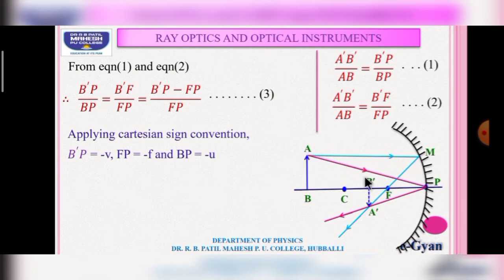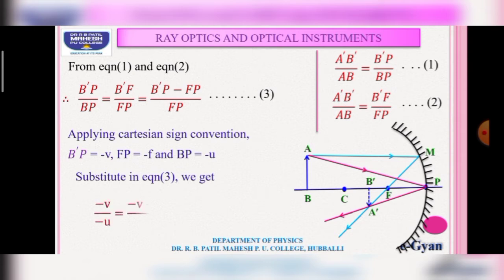Hence, all the measurements are done opposite to the direction of incident light. Hence, all these distances are negative. Therefore, B dash P is equal to minus V, FP is equal to minus F, and BP is equal to minus U. Substitute these values in equation number 3 and we get